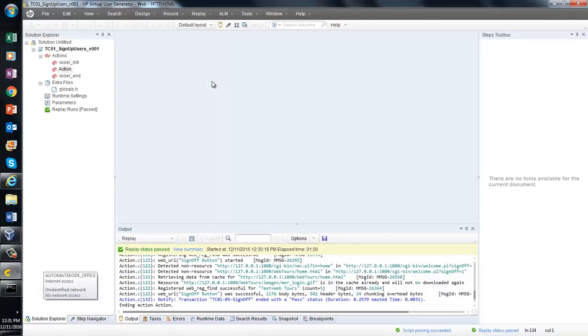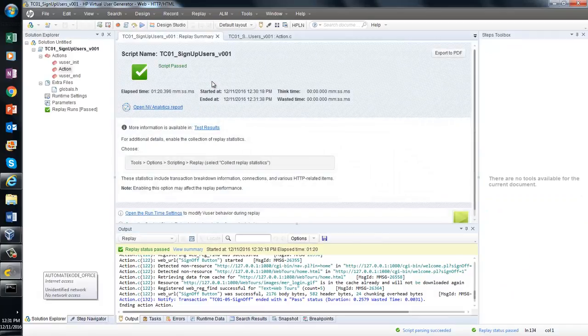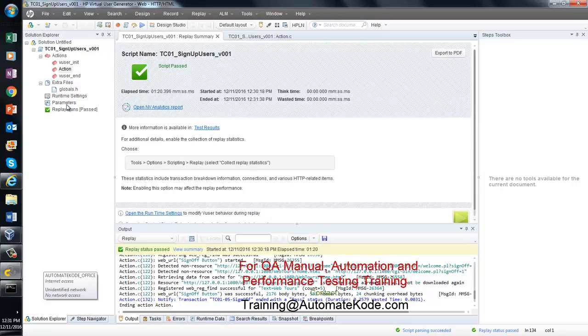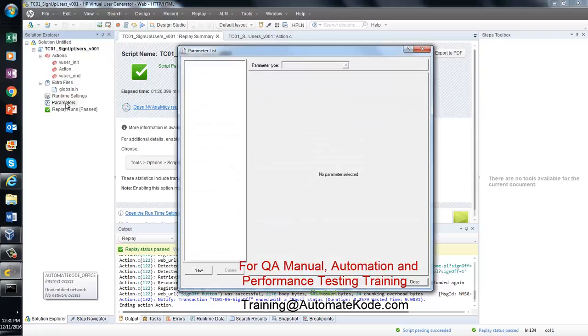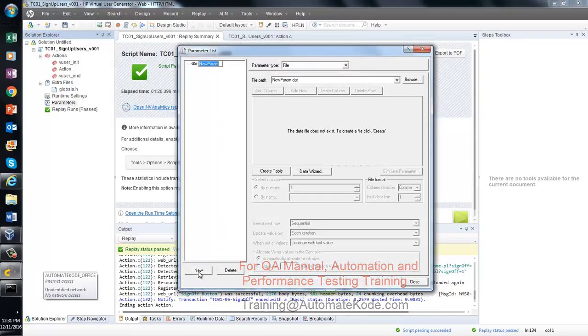Now let's come to the point. Every time I execute, will I change that value? No, it will not work like that. What I'm going to do, can you see these parameters? I'll go there, create a new parameter here, and name it, let's say, p user id,